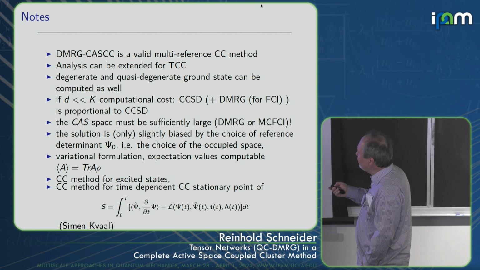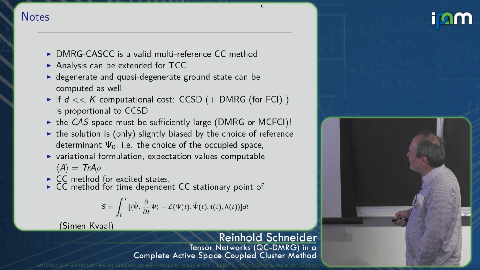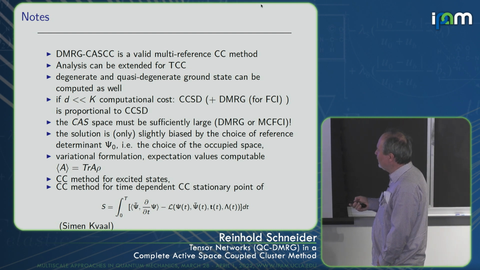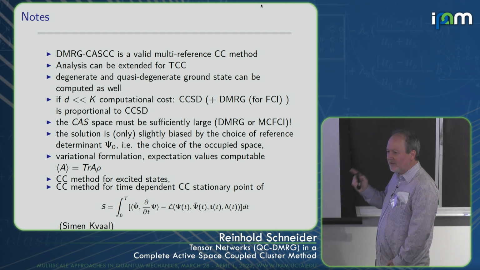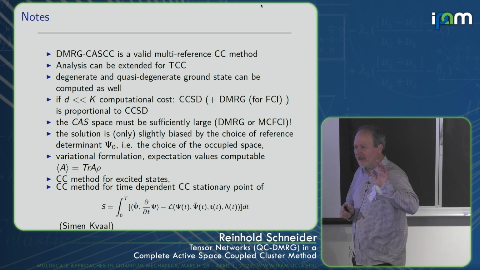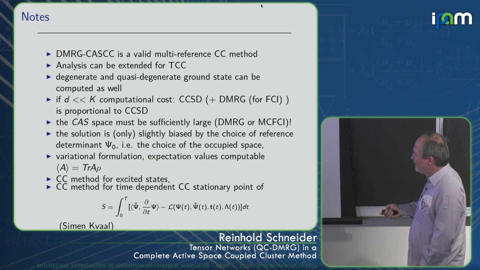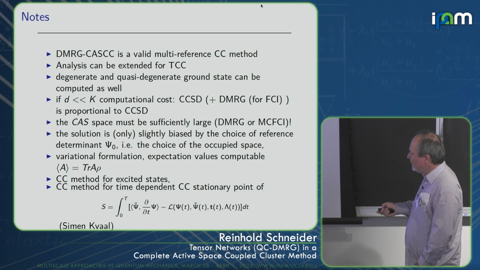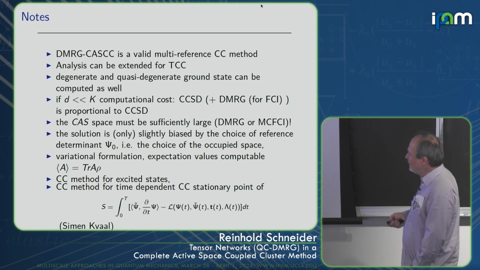The cost, if you have a large K, is almost the cost of a coupled cluster singles and doubles. And then we can compute expectation values. We can compute excited states. I think that's a coupled cluster method for computing excited states. And what Simen is already interested in, here he already has a time-dependent formulation. So he formulates everything in this bivariational framework. And then that's the action